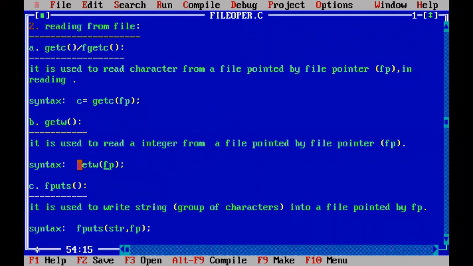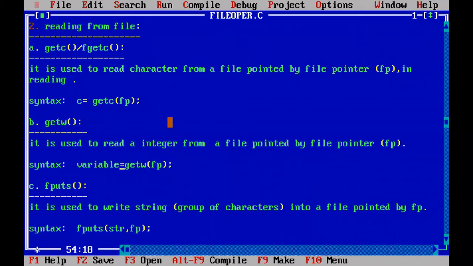So now this getw function will get one integer from this file fp, right? So putw will become getw, because we are getting one integer from the file. We are not putting into the file, we are getting from the file. So from this file fp, one integer is retrieved and it will return to the left side, which we will hold with one integer variable.